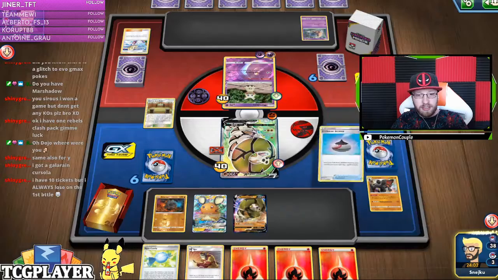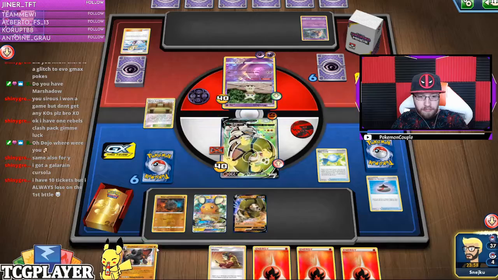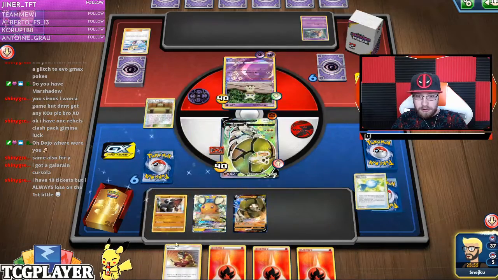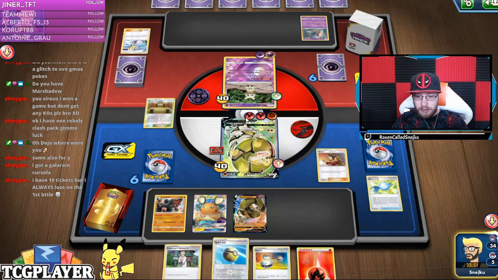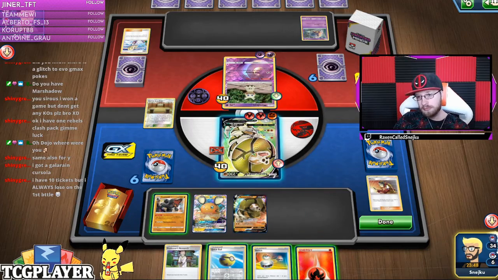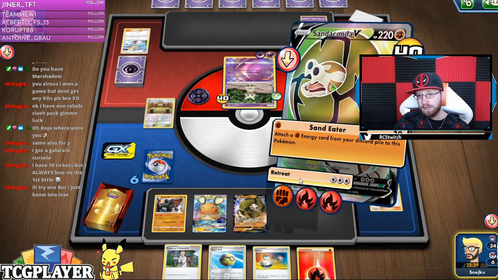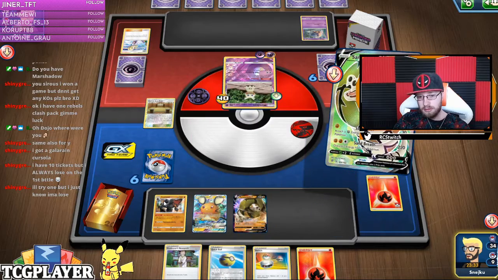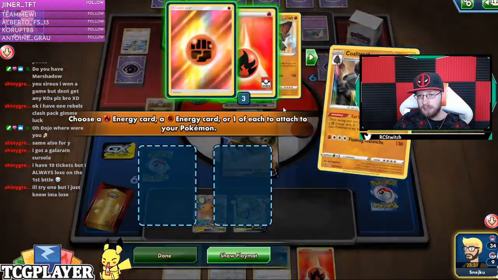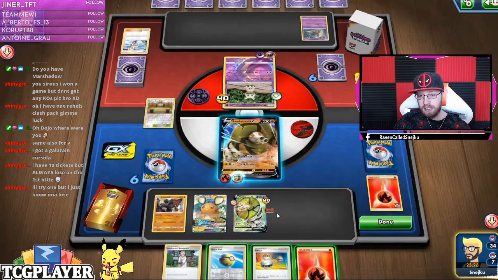Okay, first things first, Coalossal. Alright, so Welder, 1, 2. So I can do a retreat. I can still attach from my hand, so that's a retreat. That's gonna be my attachment from Coalossal. I still have hand attachment, so